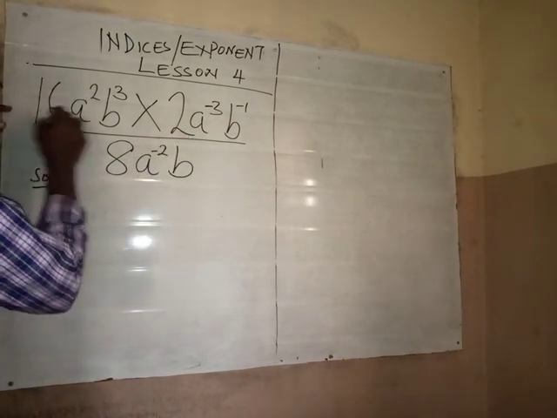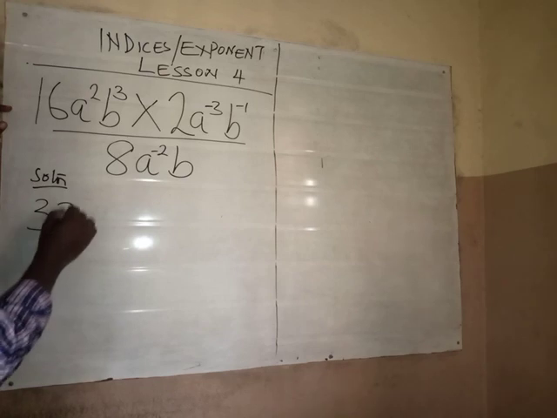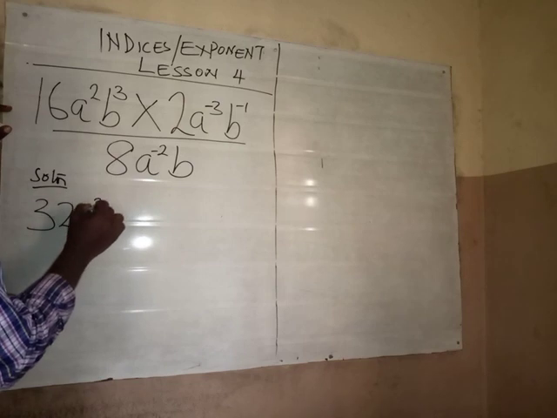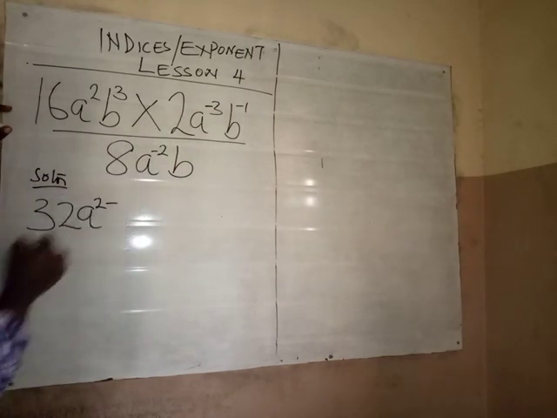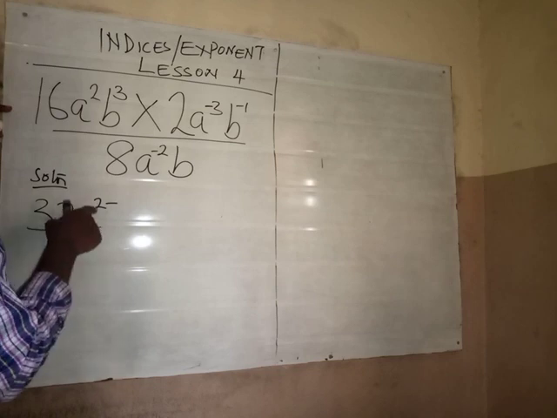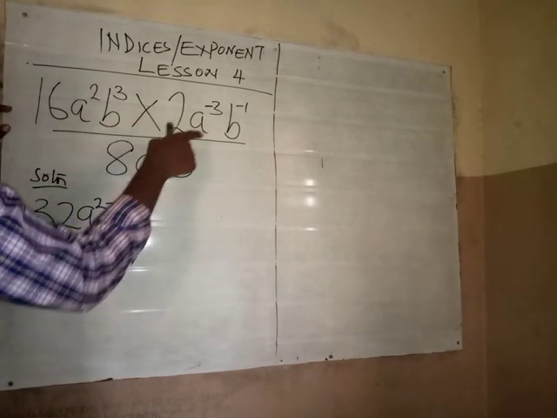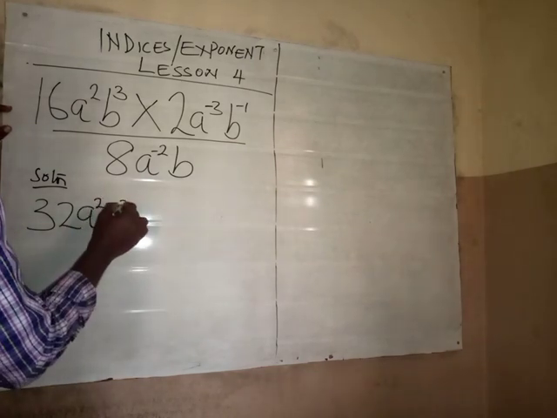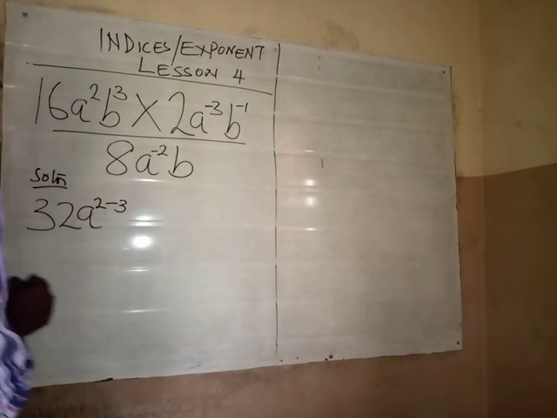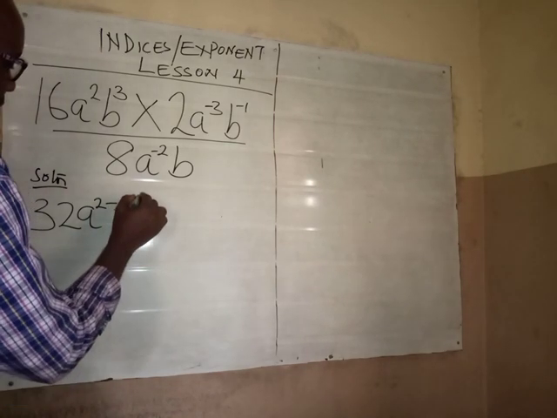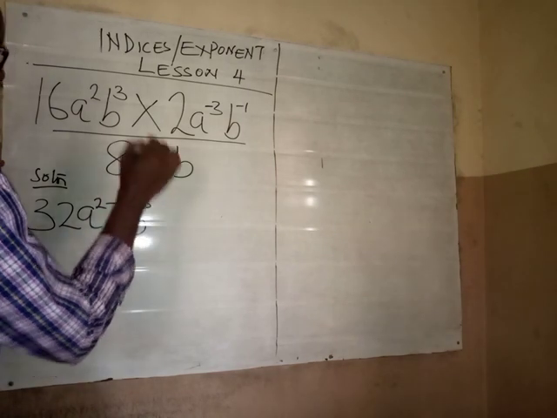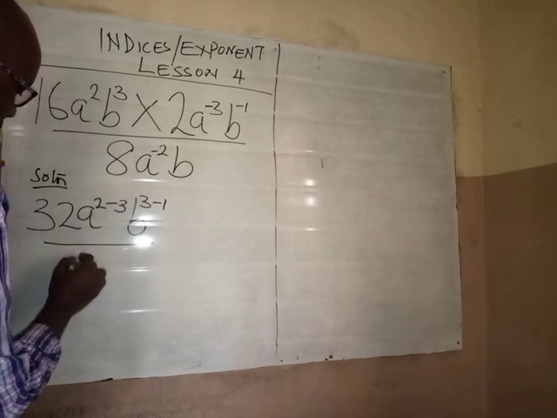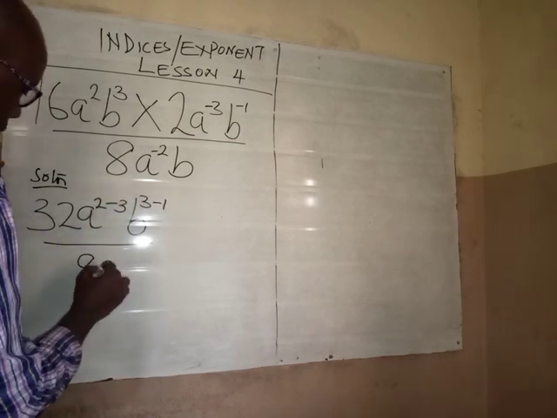So what we're going to have is 16 times 2, which gives me 32. Then 32a raised to power 2 plus minus 3, and when we have plus minus 3, the minus will prevail. So we now have 2 minus 3. Then b raised to power 3 plus minus 1, which minus will still prevail, all over 8a raised to power minus